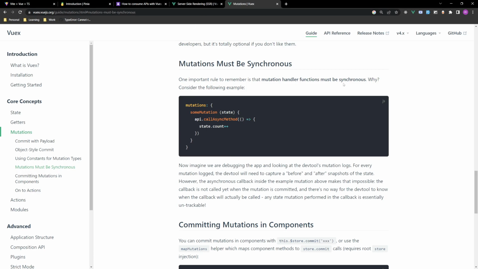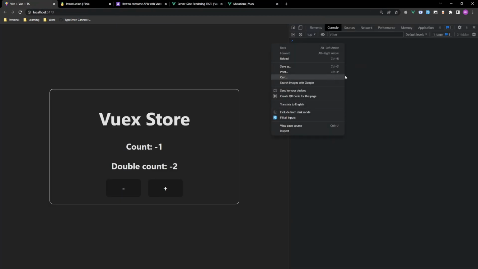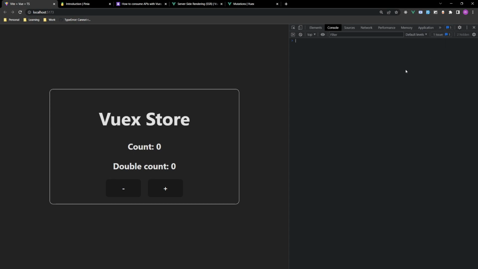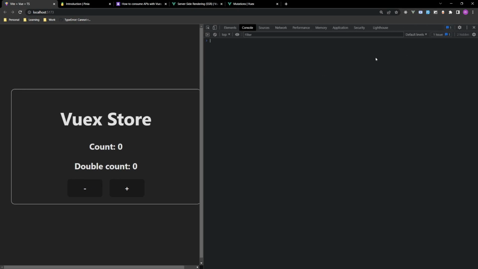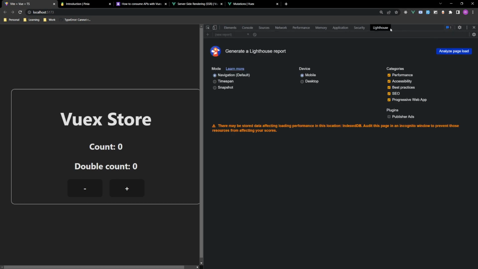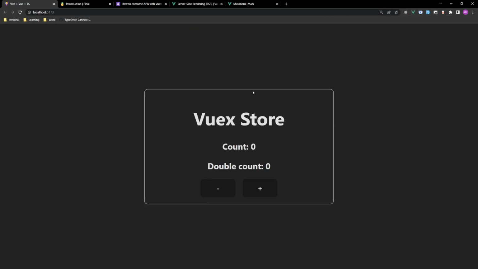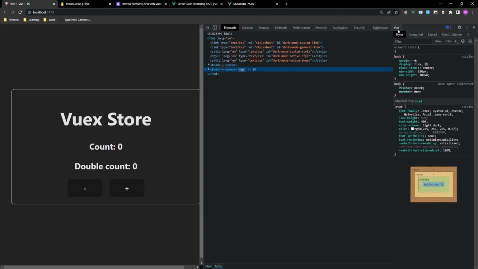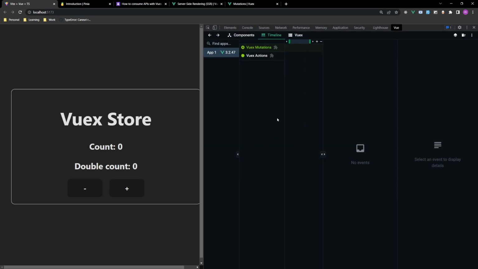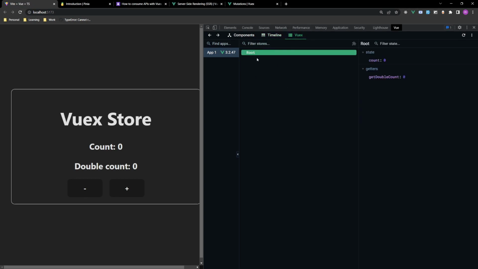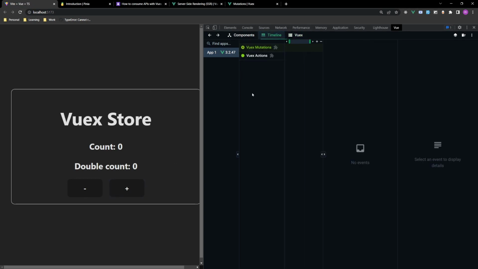In that case, if you take a look at the devtools, if you install the Vue devtools, you will be able to get access to it. But where is my Vue devtools? I'm not sure. Okay, let's try to open it again. Okay, here it is. So if you take a look at the Vue devtools, you will see your state here. If you take a look at the Vuex timeline,